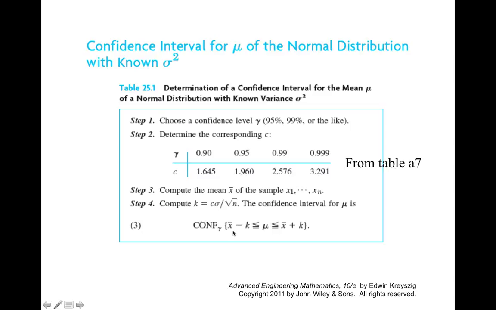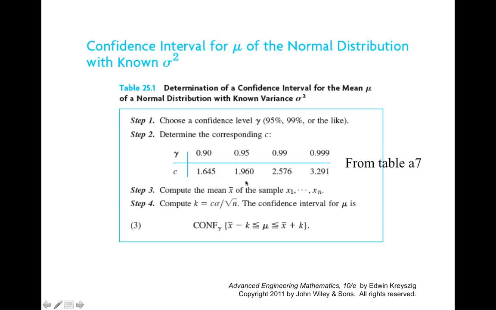And then I take the mean and I subtract k and I add k. That's going to tell me the range over which I can have 95% confidence. So let's say my mean, my x bar, turns out to be